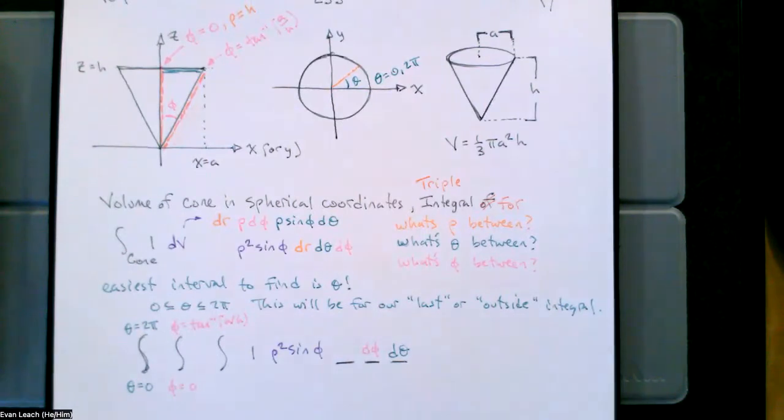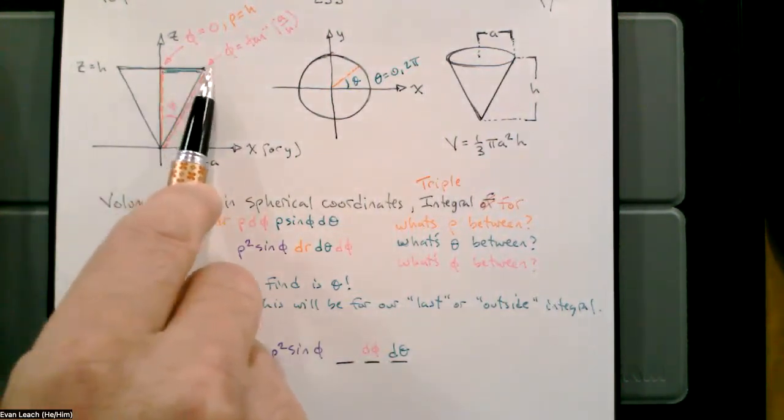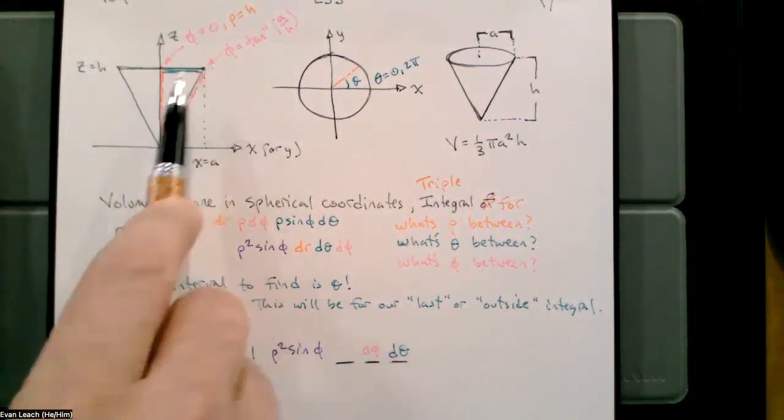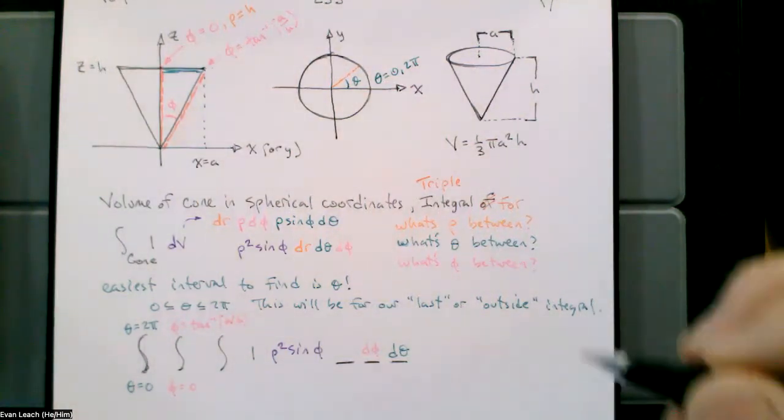Notice that when phi is equal to 0, rho is equal to h. And then as phi increases, so does the value of rho. The points along this top edge get farther away from the origin as we get farther away from the z-axis. So that when phi gets to tangent inverse of a over h, rho,